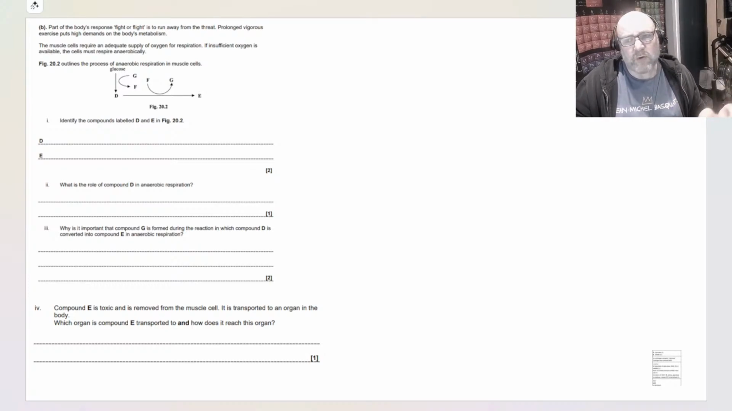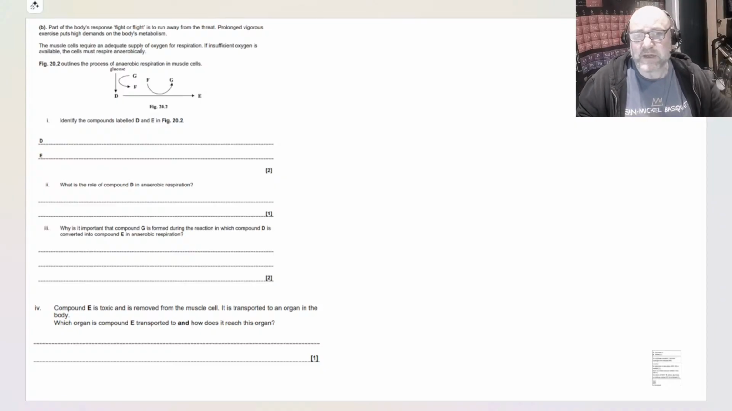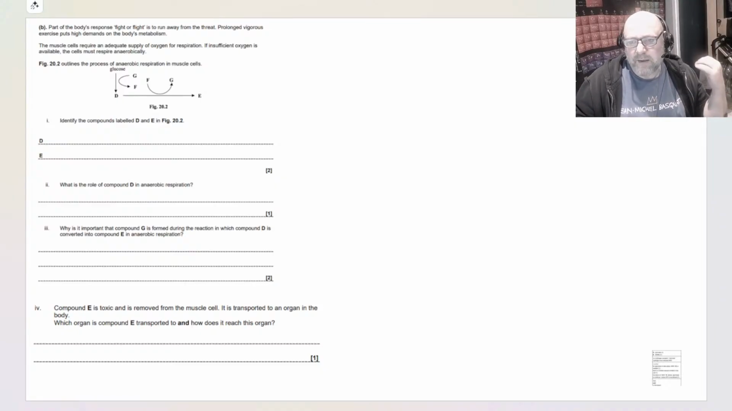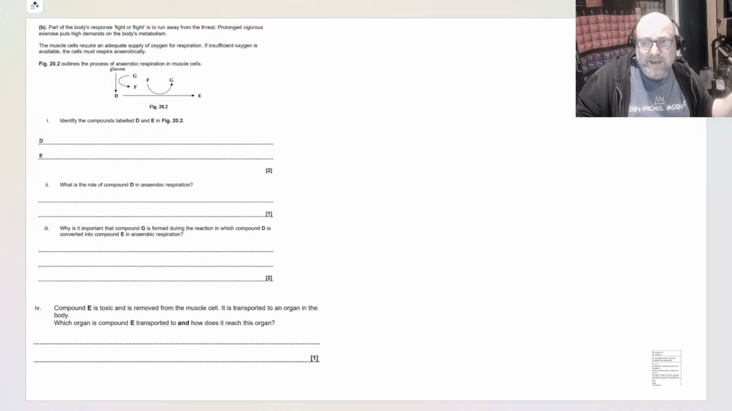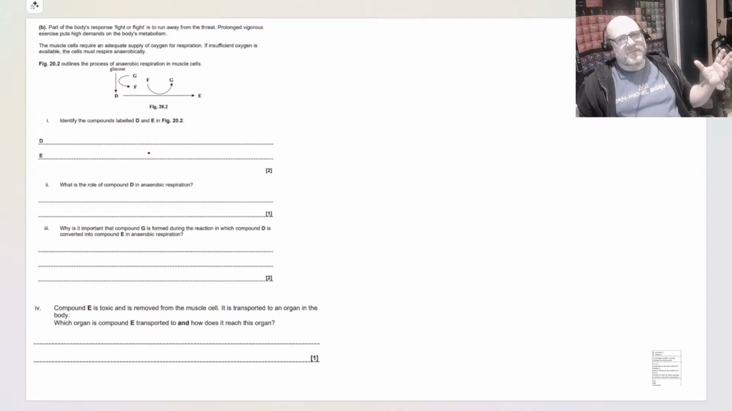Figure 20.2 outlines the process of anaerobic respiration in your muscle cells. Identify compounds labeled D and E in 20.2. So we've got glucose turning into something, then we've got G and F, F and G again, and then we've got E. So what does the glucose get converted into? Identify the compounds labeled D and E. Oh, I'd love to know what they are. So what happens to the glucose? It gets turned into something, and it looks like G and F. Oh, and then we get F and G. This is very confusing because